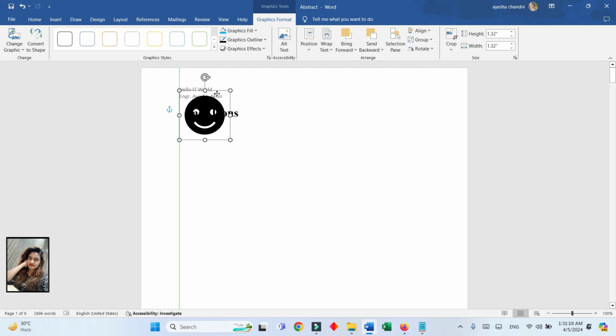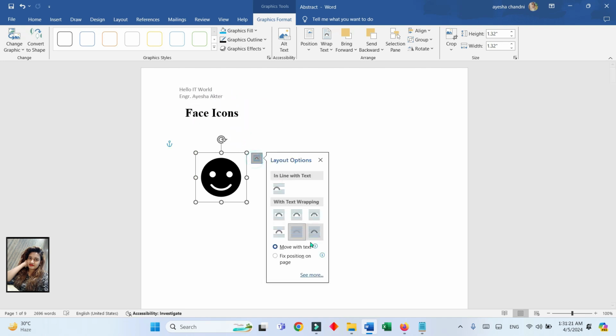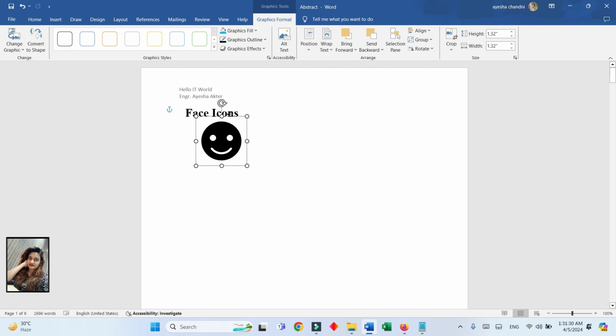So if we press this, the selected option, see, we can bring it to the front side, that means here the written text has been hidden behind the icon. So if we take this to this position or this side, see the written part has been hidden, and the face icons, or these icons, are on the front side. So that's it.